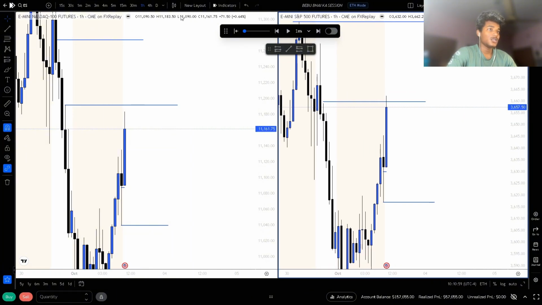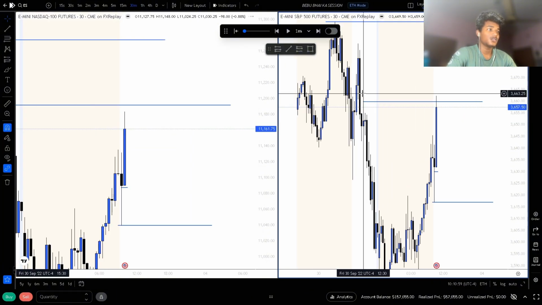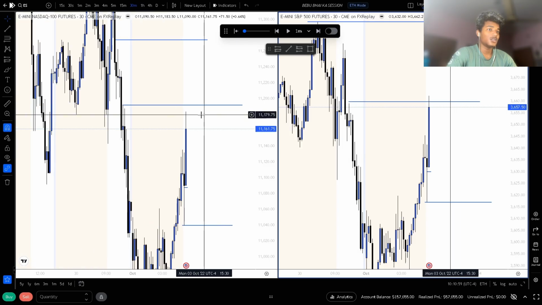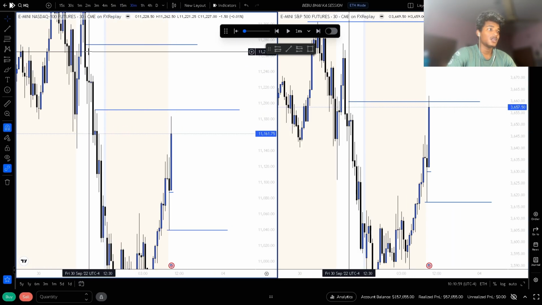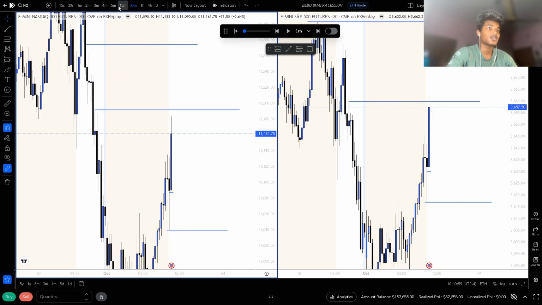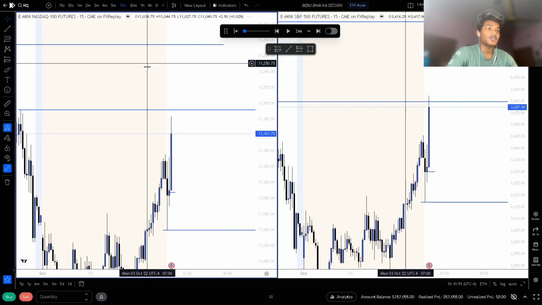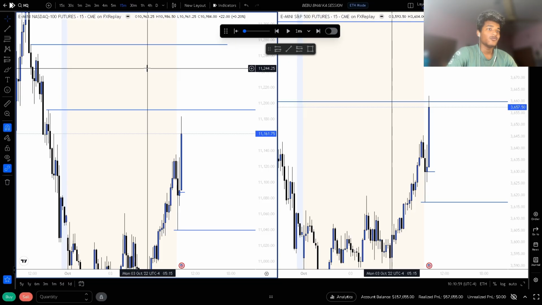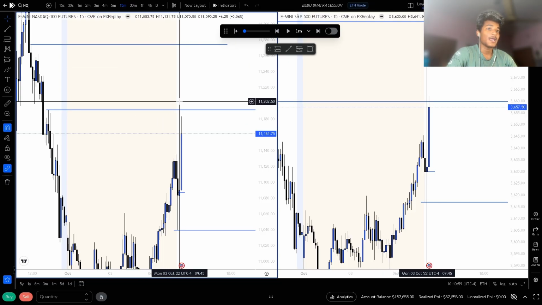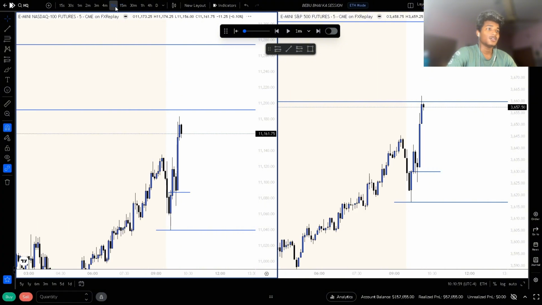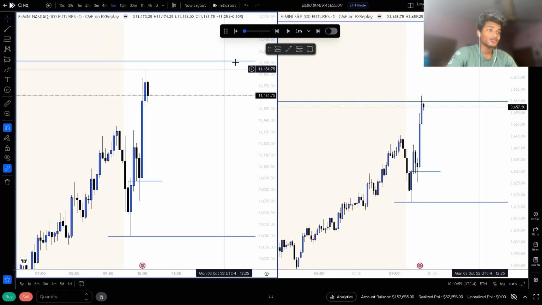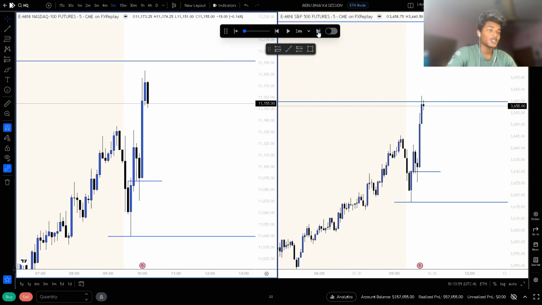But on ES we pretty much are inside this 30 minute bearish, and we have SMT at this high at this point of time with ES. In the 15 minute, we have to tap this gap to actually take any shorts, but we do have SMT. So we tap into this gap.